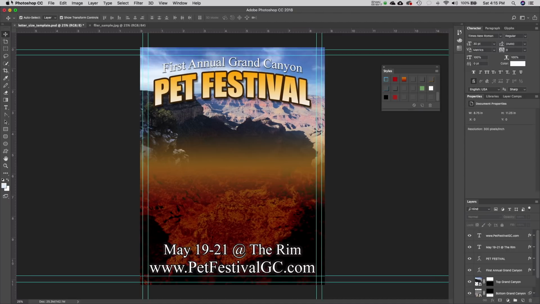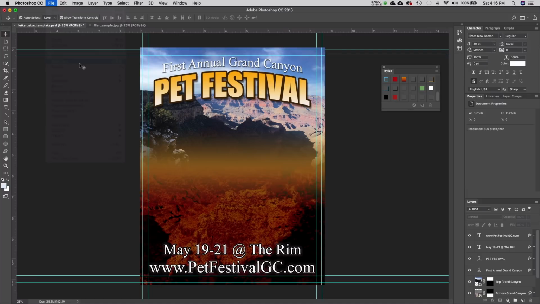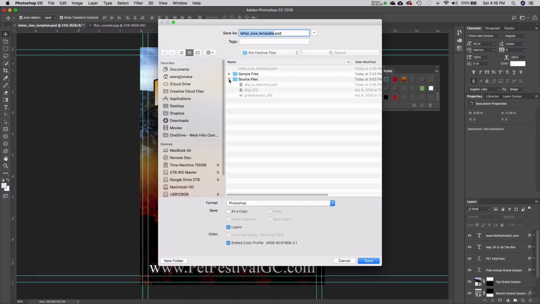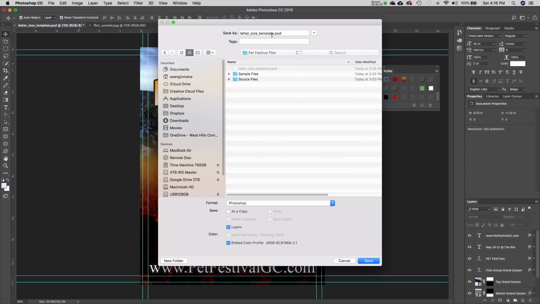I'm happy. You know something we haven't done? And that's bad. So you can hit me over the head with this one. We have not saved this document. So I'm going to do a save as. And I'm going to put this inside my Pet Festival flyer or wherever you want to save it. I do suggest you put it in the same file. So I went on my desktop. I went into my Pet Festival. And I'm going to call this